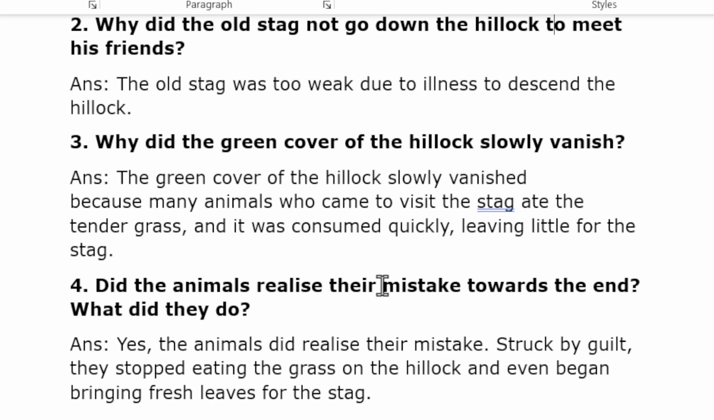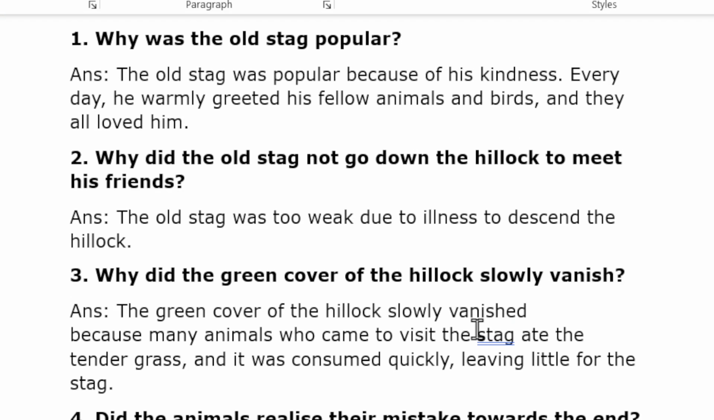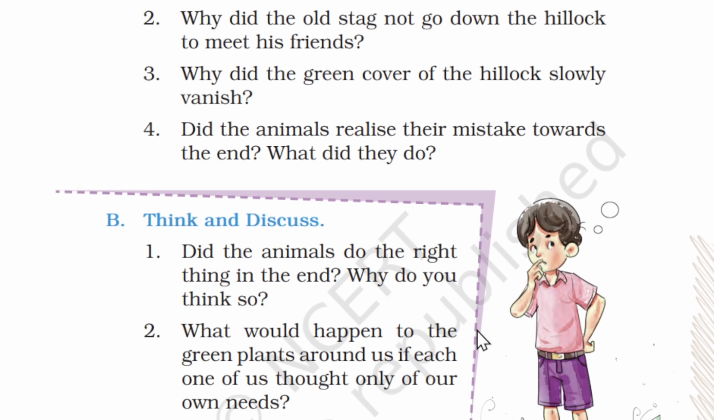Did the animals realize their mistake towards the end? What did they do? Yes, the animals did realize their mistake. Struck by guilt, they stopped eating the grass on the hillock and even began bringing fresh leaves for the stag. Okay. So as I said, if you want all the answers, just pause the video and take the answers. Okay, so next,